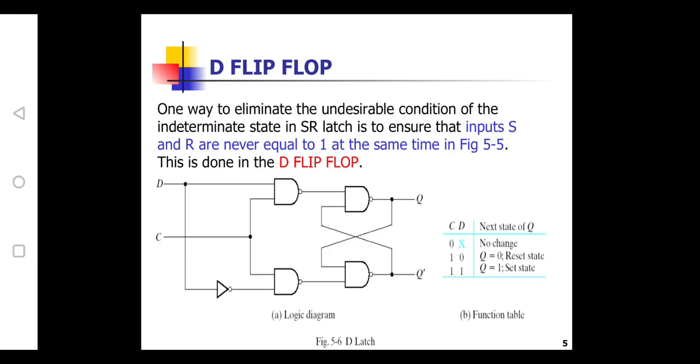And basically these D flip-flops are used in order to design registers. Because a register is used in order to store bits of information. If we want to store 4 bits of information, we need to use 4 D flip-flops. So among all the flip-flops, only the D flip-flop will give output equivalent to input. That is the reason D flip-flops are called transparent flip-flops or delay flip-flops, which are basically used in the designing of registers.